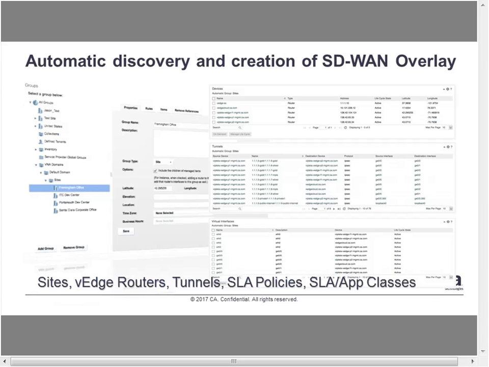We're going to build out all of the infrastructure related to your vEdge devices, all of your tunnels related to IPsec transmissions, VPN connections between all of your WAN sites. We're going to pull in the SLA policy information, and we're going to pull in the SLA or the application classes as well. And what we're going to provide is the ability to look at that infrastructure in its entirety at very granular levels, as well as at higher hierarchical levels,